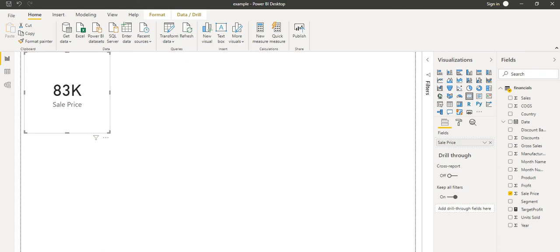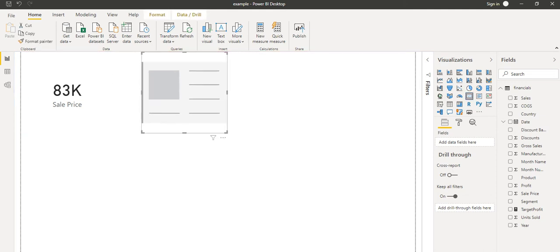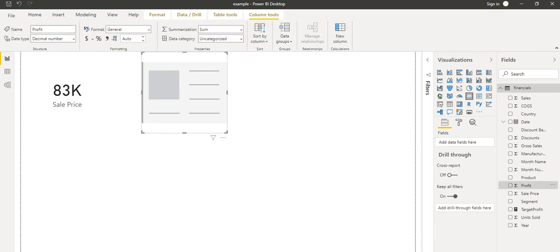That is the total price. Now let's take another card, and here I will take the profit, how much is the profit. When I select the profit, we can see this is the total profit and this is the sales price.